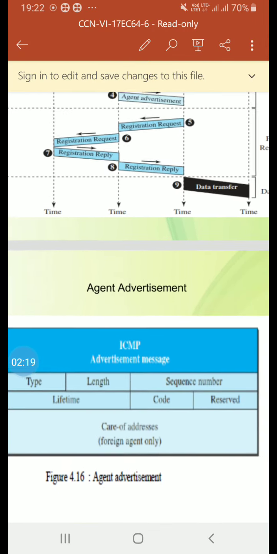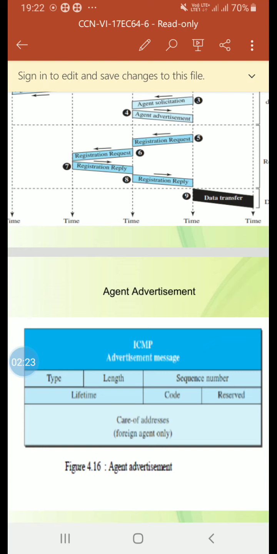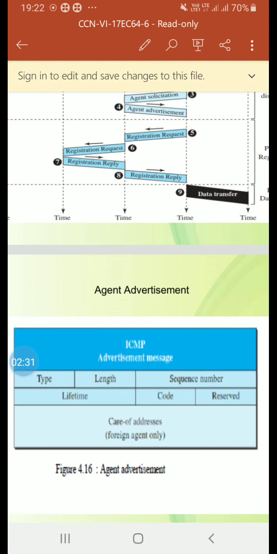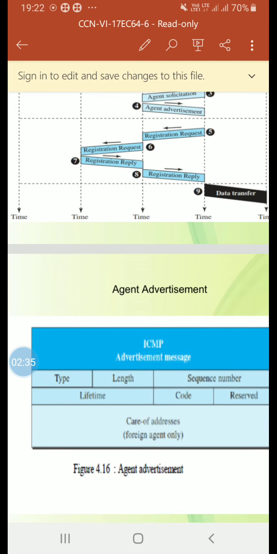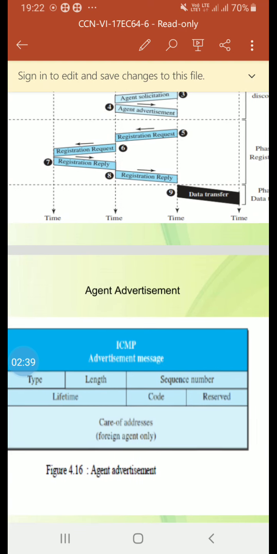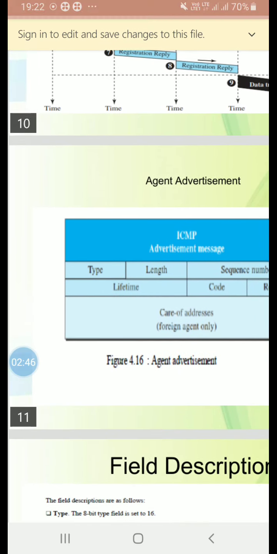So this is the agent advertisement, piggybacked on the router advertisement packet. You can see the ICMP advertisement message: type, length, sequence number, lifetime, code, reserved, care of address. We'll see the field descriptions.